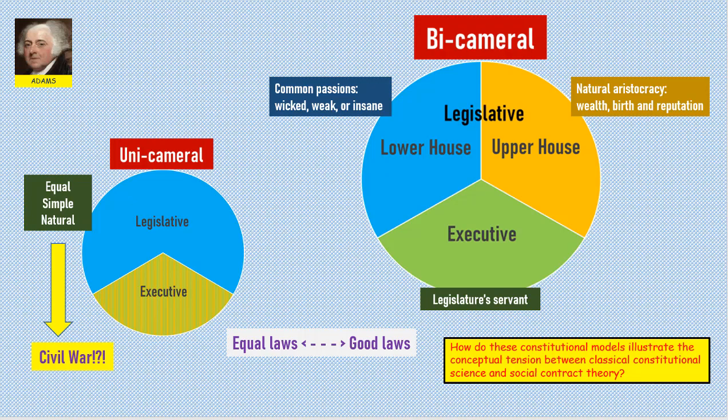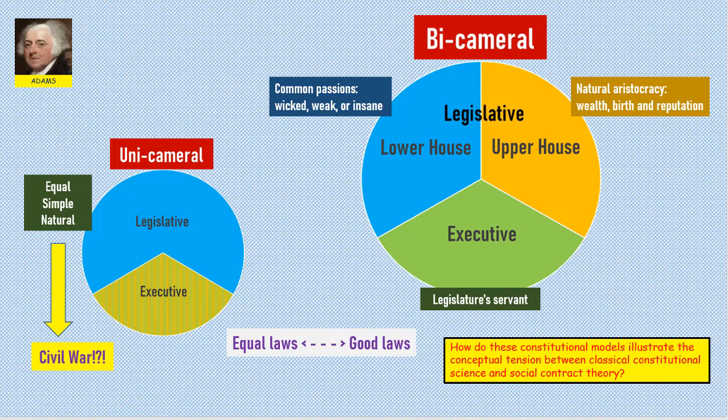On the surface level, this essay is John Adams evaluating the relative advantages and disadvantages of a unicameral versus a bicameral legislature, right? A legislature with one house versus a legislature with two houses, or the Pennsylvania model versus the New York model. He is a strong advocate for the latter and a critic of the former, but he faces this rhetorical challenge.